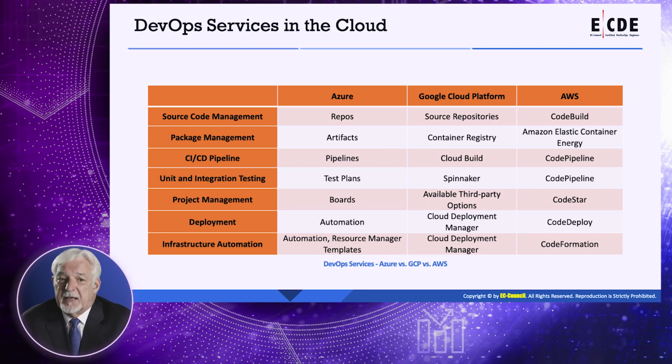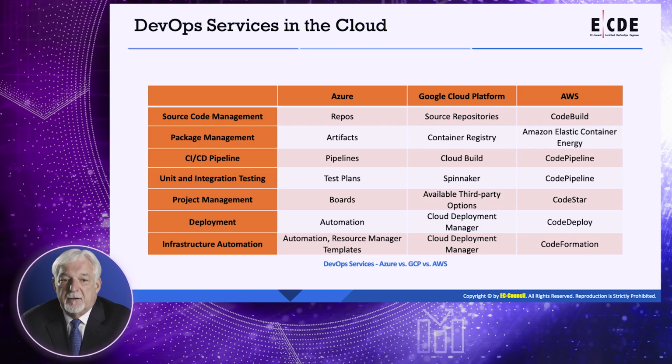DevOps services in the cloud. With source code management, Azure has what's called repos. Google Cloud Platform has source repositories, and AWS has code build. For package management of the artifacts that we were talking about, Azure, it's called artifacts. Google has the container registry, and AWS uses the Elastic Container